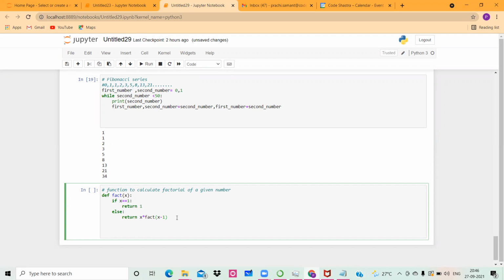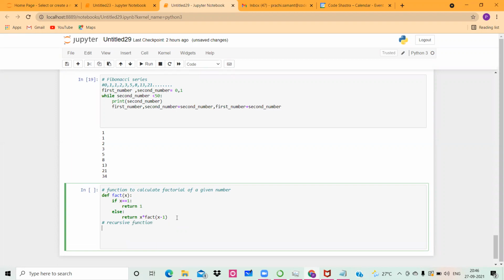This type of implementation is called a recursive implementation. So the function that we have written right over here is called a recursive function. Recursive function is nothing but a function that accesses its own code again and again.